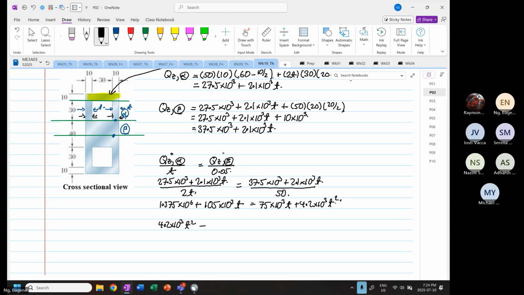Minus 75 to the power 3 minus 105 to the power 3 is equal to minus 30 times 10 to the power 3 t. And then the last one we have